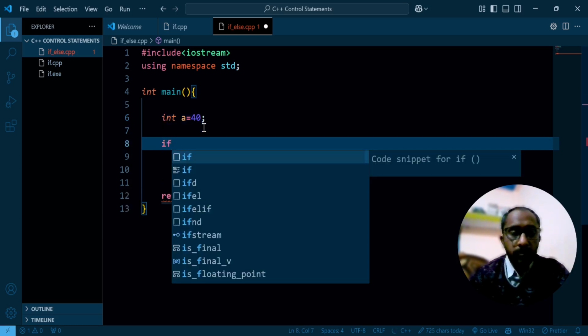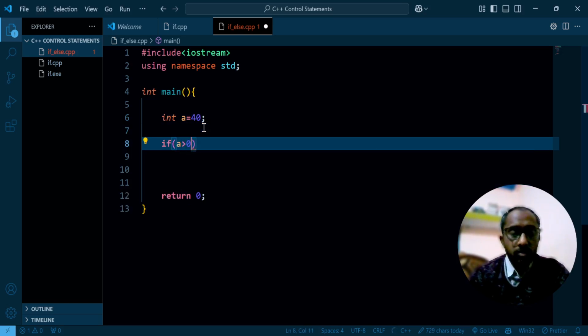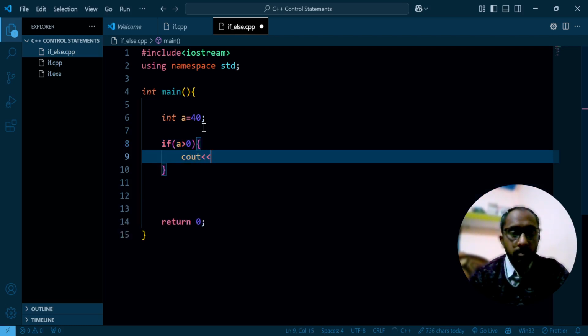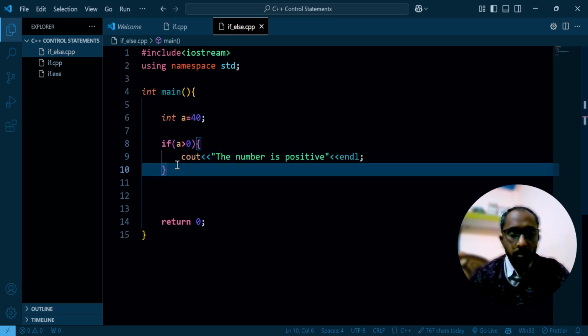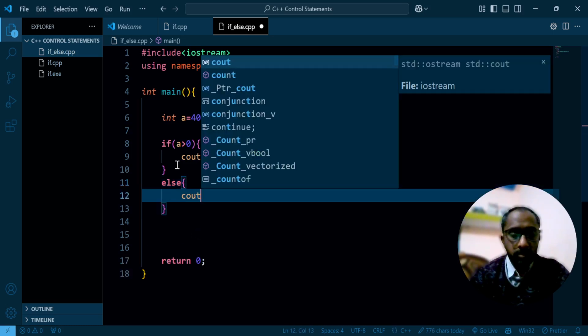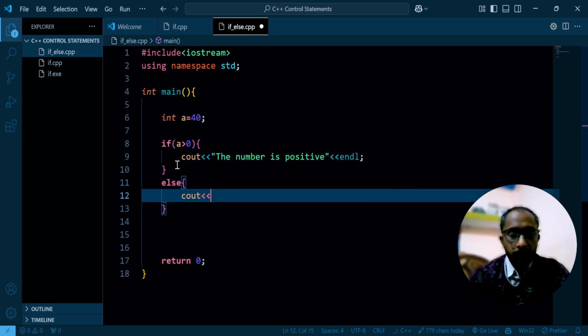So if a is greater than 0, then cout "the number is positive" endl, or else cout "the number is negative". For example,